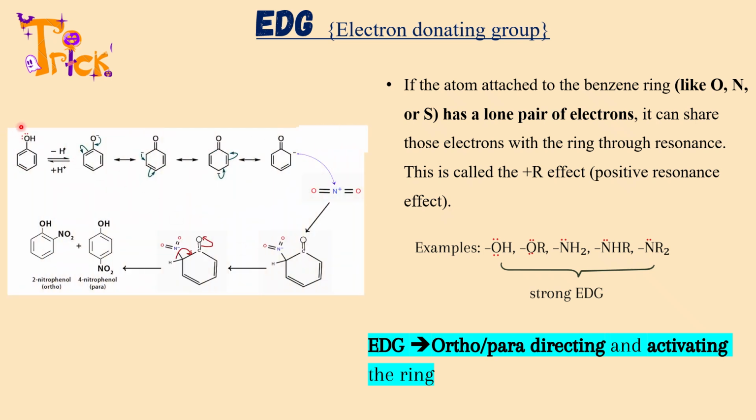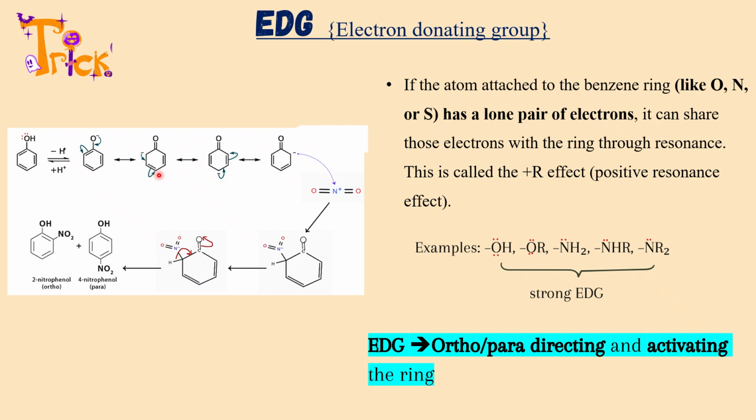Here I have taken the example of phenol. So as you can see, in the case of phenol, the oxygen atom of this OH group has a lone pair of electrons. So these lone pair of electrons can easily undergo resonance with the pi electrons of the benzene ring. As you can see the whole mechanism over here, and it results in the increase in the electron density at